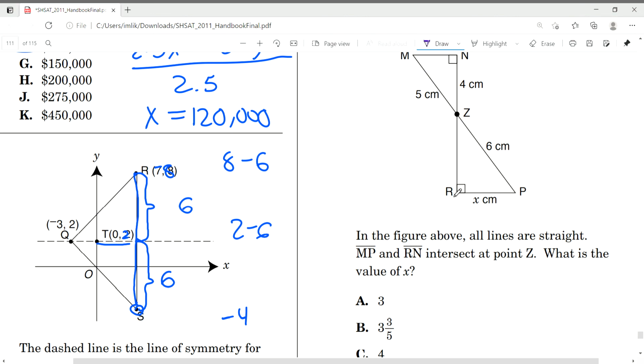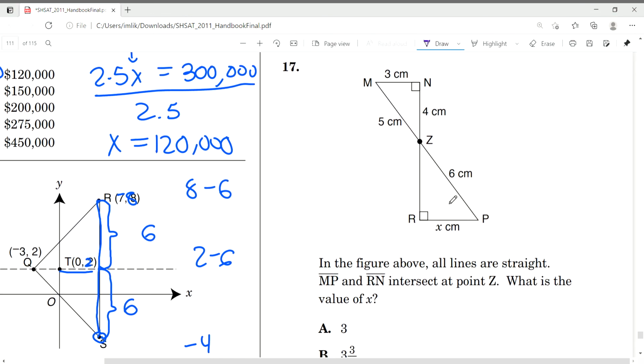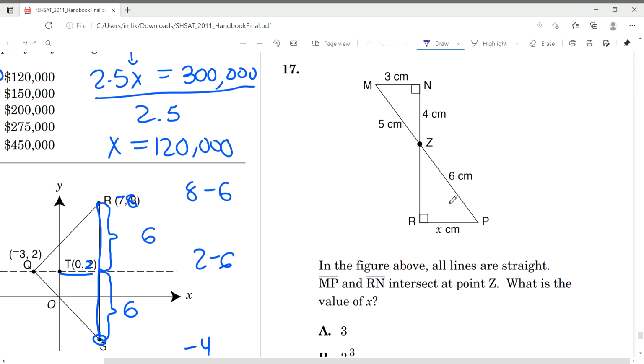And finally, question number 17. In the figure above, all lines are straight. MP and RN intersect at point Z. What is the value of X? Well,